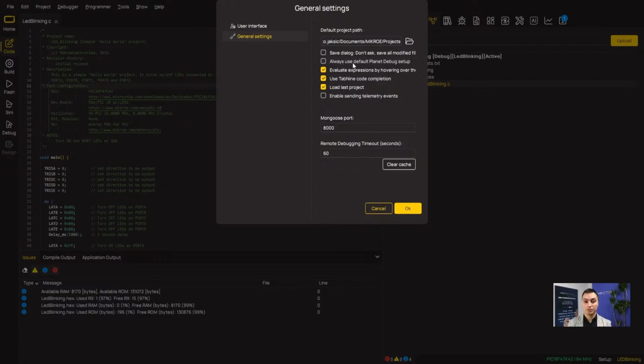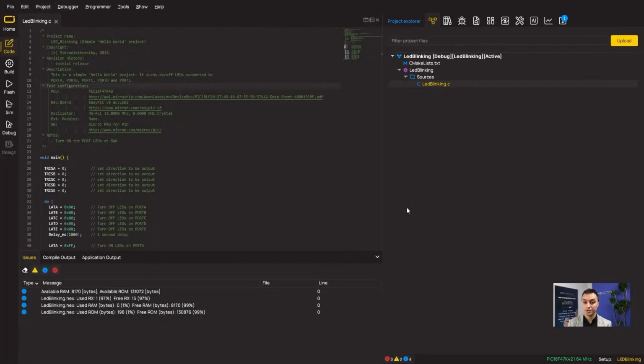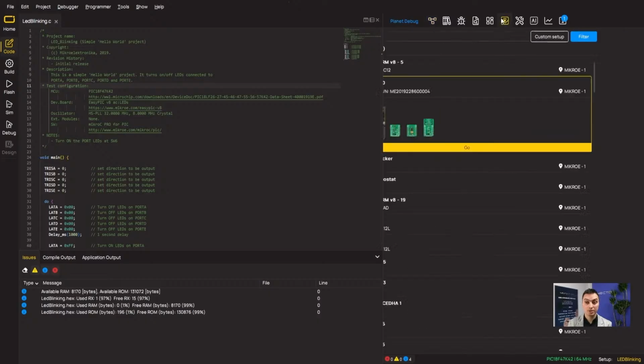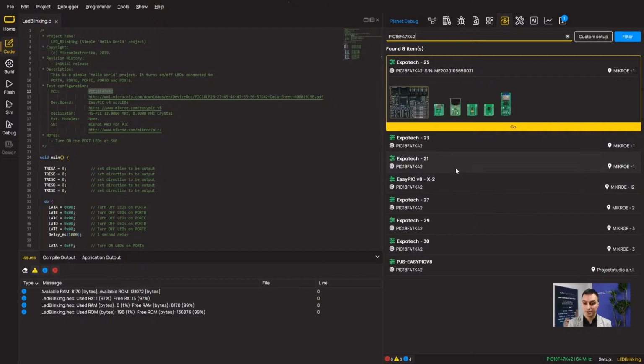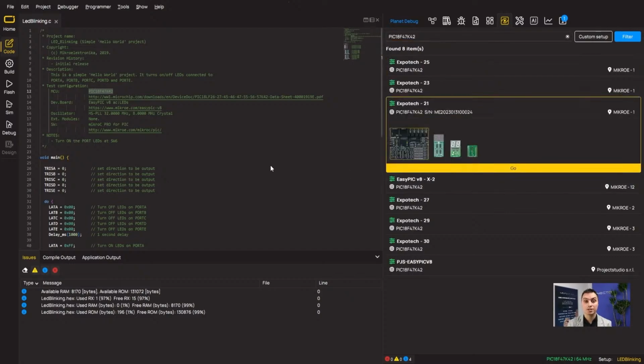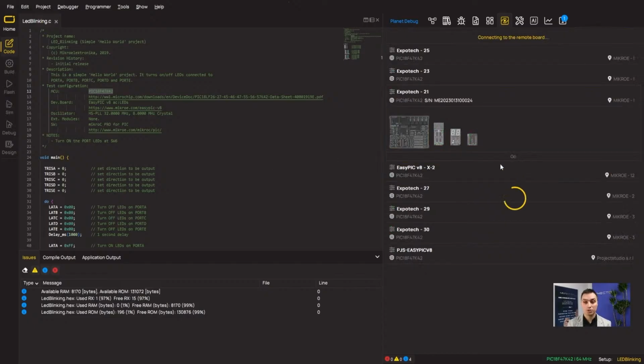Okay, once you have made sure that this setting is unchecked, I'm going to click on the OK, and I'm going to go to the Planet debug right now and try searching this particular microcontroller, the PIC18F47K42 microcontroller, because this example is for this particular microcontroller. Okay, I'm just going to paste it over here, and perfect, guys. Here is, for example, a Planet debug setup which has this particular microcontroller on it. I'm going to connect to it,